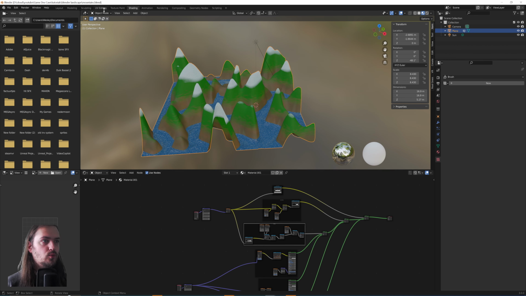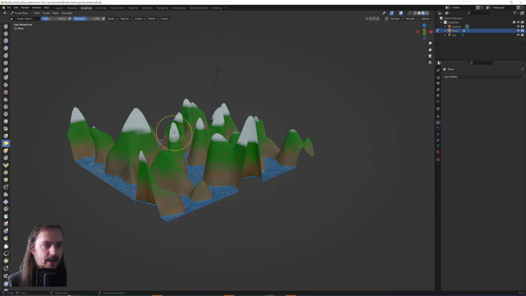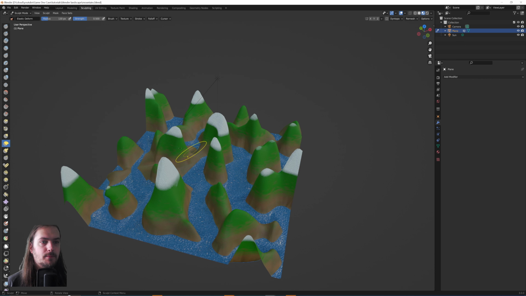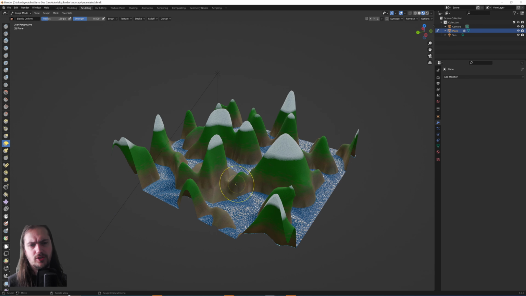So if we were to go into sculpting mode and, let's say for instance, move this little pillar down, you can see that the snow cap is disappearing because the snow caps are being applied based on the actual mesh's height. Now, this material is rather heavy on your PC, so once you've made it, it's advised that you actually